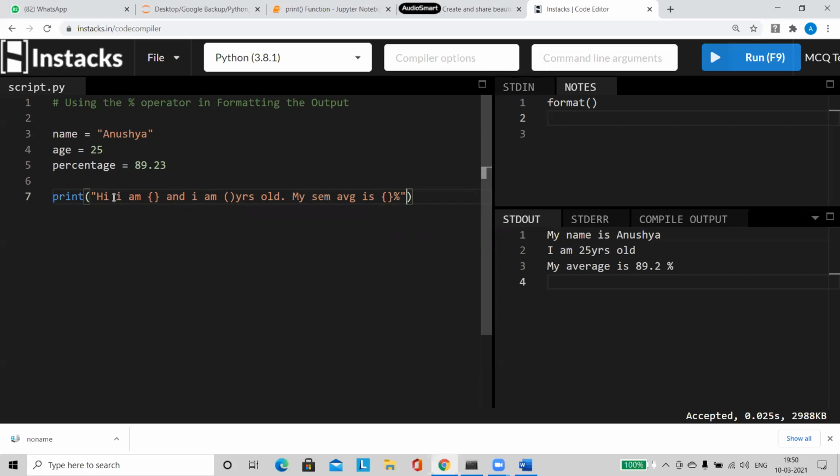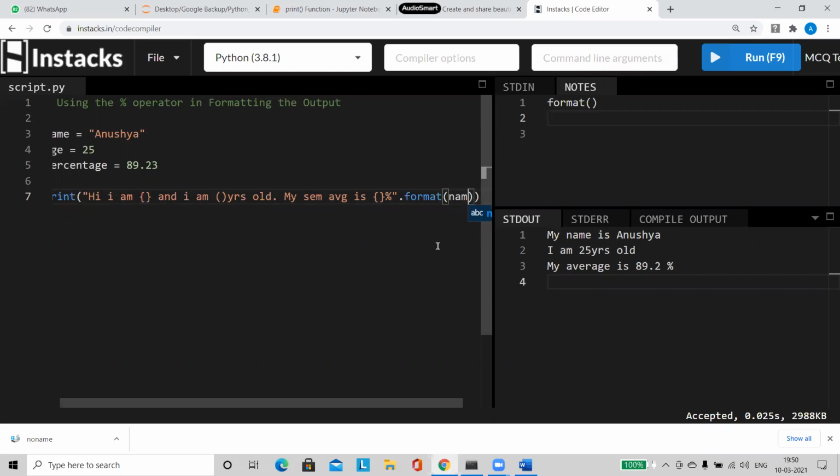Now what I have to do is, after closing the double quotes, keep a dot. After closing the double quotes, you give a dot and then the format function. Within the format function, we have to mention the variable names. What value should come in the first curly brace, what value should come in the second curly brace, and what value should come in the third curly brace. Make sure the order is very important.